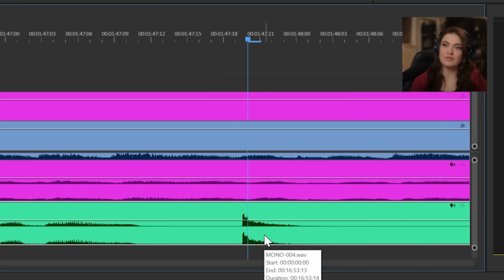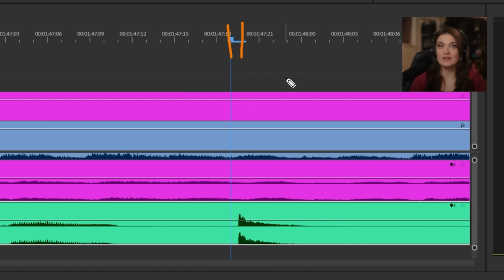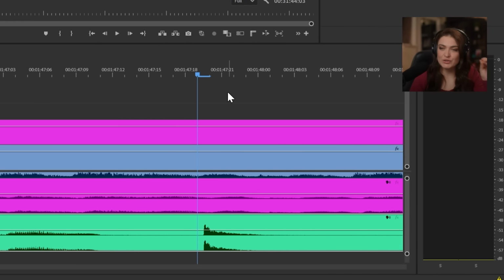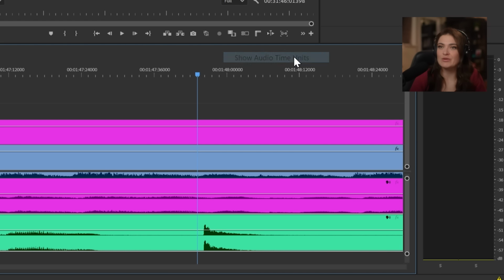I can use the left and right button to kind of jump to where I need to go, but you can see it's actually either jumping before the clap or after the clap. Why is that happening? Because Premiere Pro works in frames, right? Each of these is a frame, 1, 2, 3, 4. So if I want to get even more granular in between the frames, I can right click here, show audio time units,